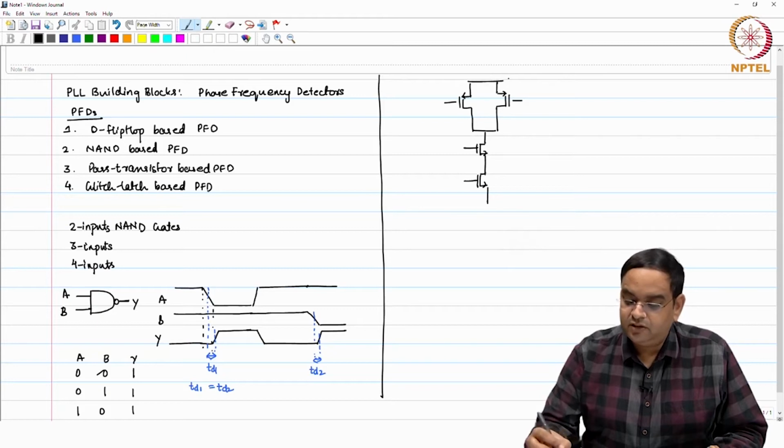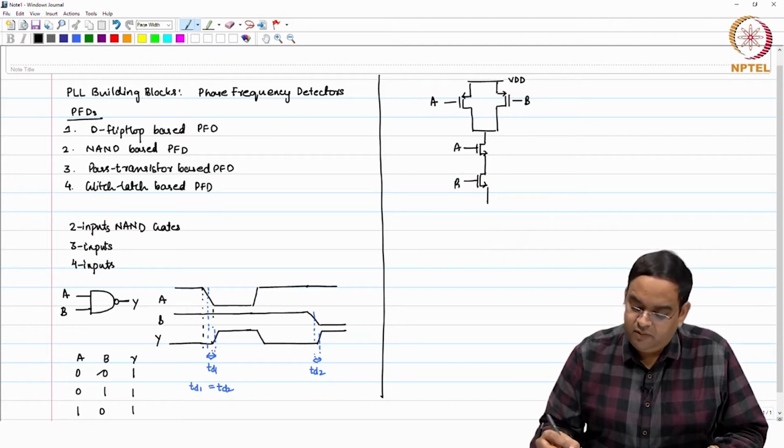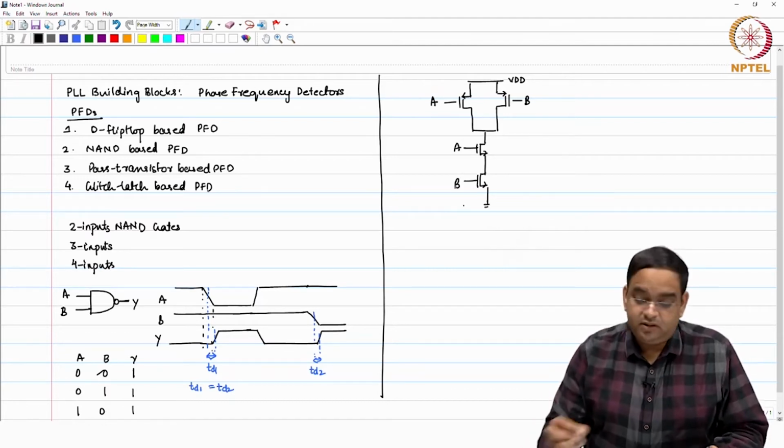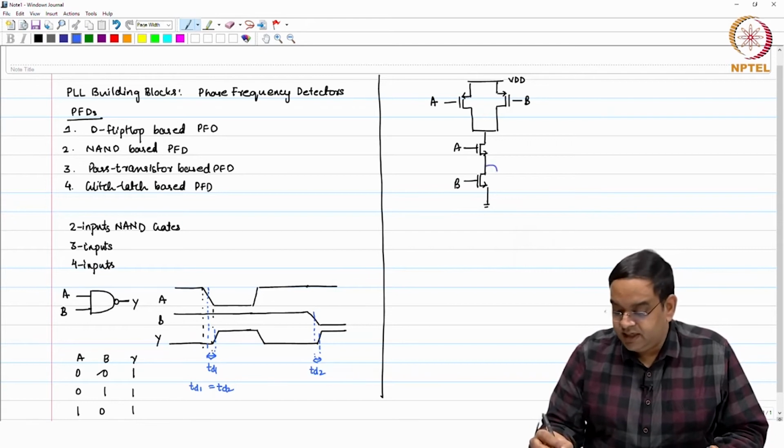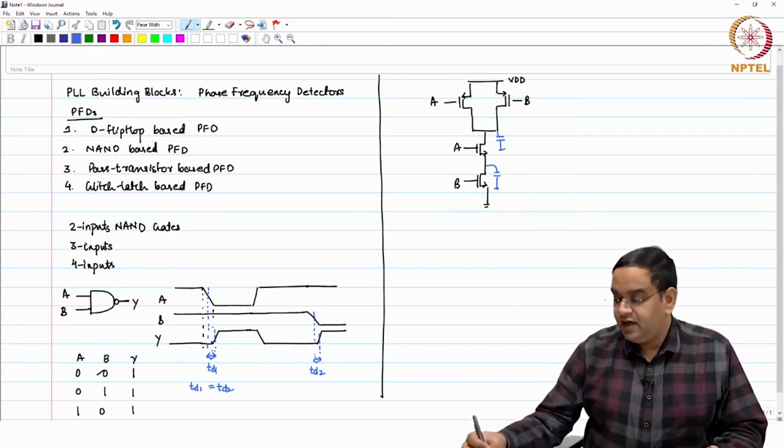Okay. So, this is your typical NAND gate. You have A and B, and this can be A and B. Now, here the parasitic capacitance at each node actually differs. So, consider the case when A and B both were